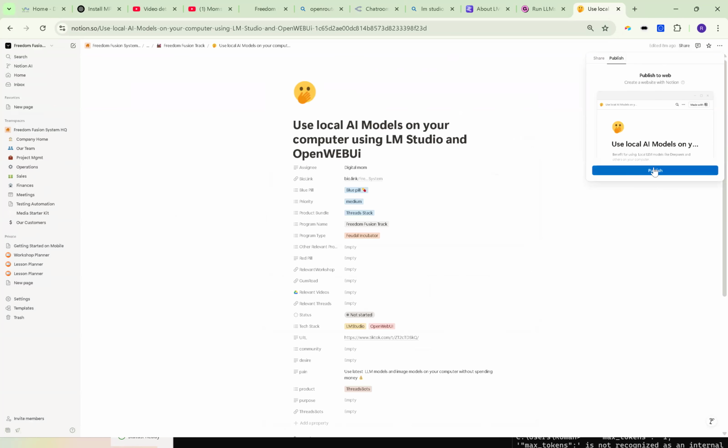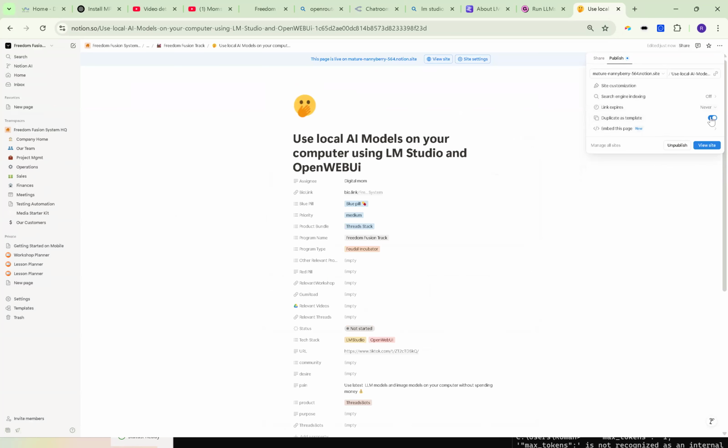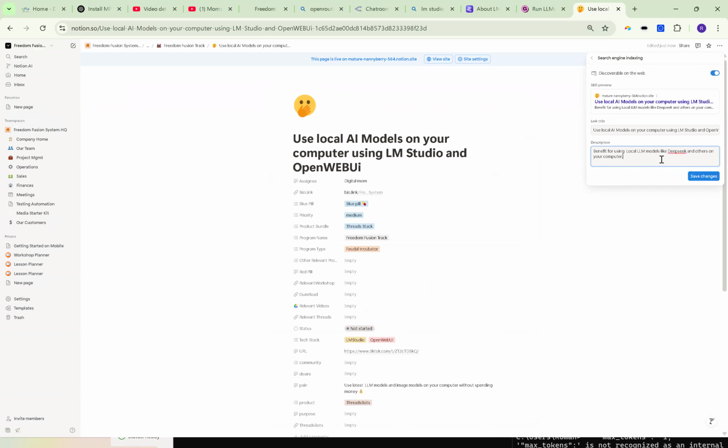I publish it, and I enable search engine indexing, so it's discoverable. The title: the benefits of using, forget spending money on expensive AI tools, here's how to use large language models locally. Full guide and tutorial